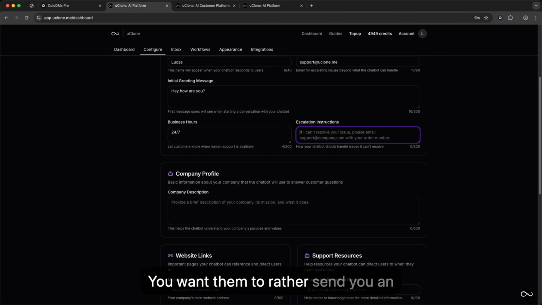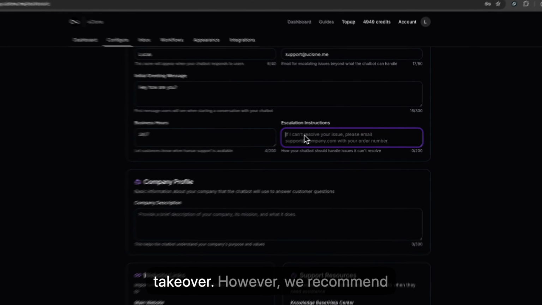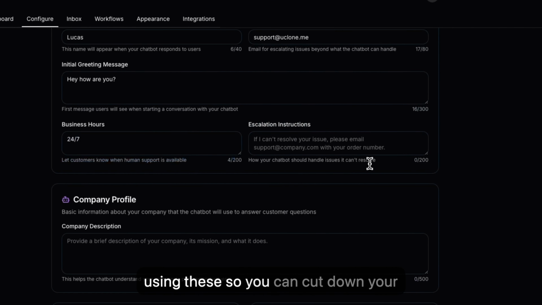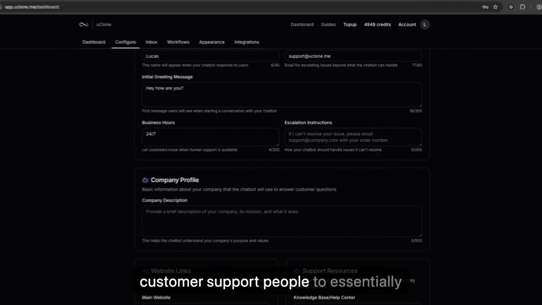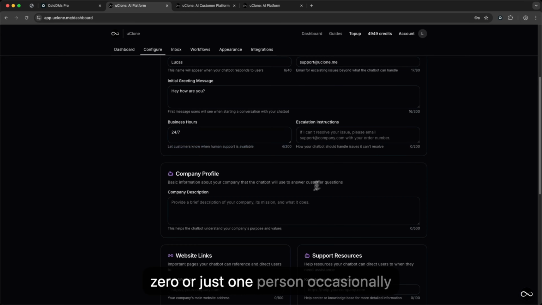You want them to rather send you an email and have you follow up later, compared to if they ask a question on the chat bubble, where chances are they're not going to see that. They'd rather get the response inside of their email to be able to continue the conversation. So that's why we offer these escalation instructions. We do allow human chat takeover. However, we recommend using these so you can cut down your customer support people to essentially zero, or just one